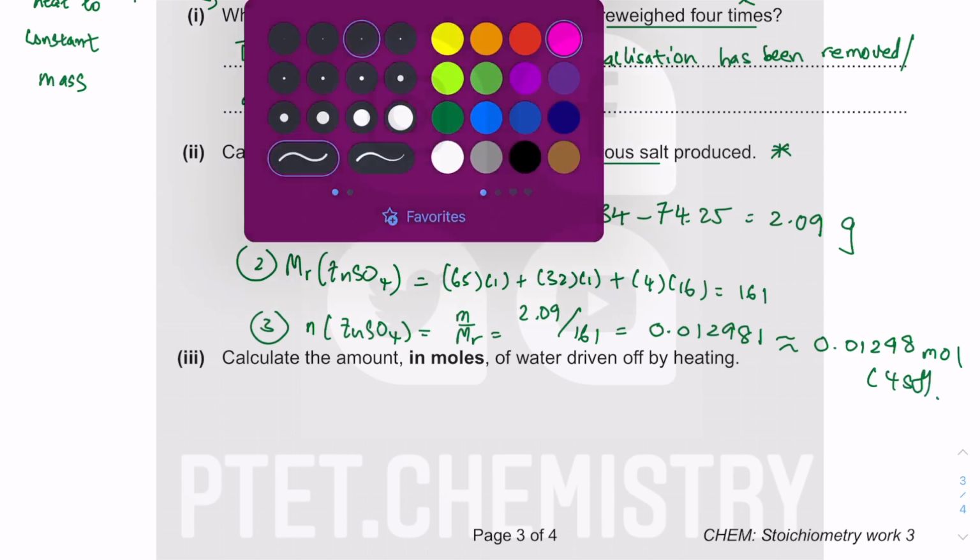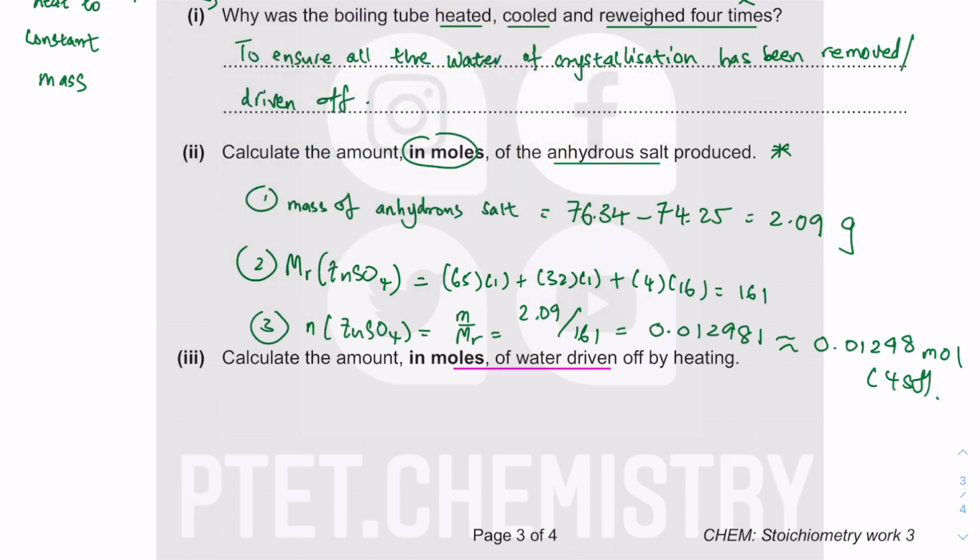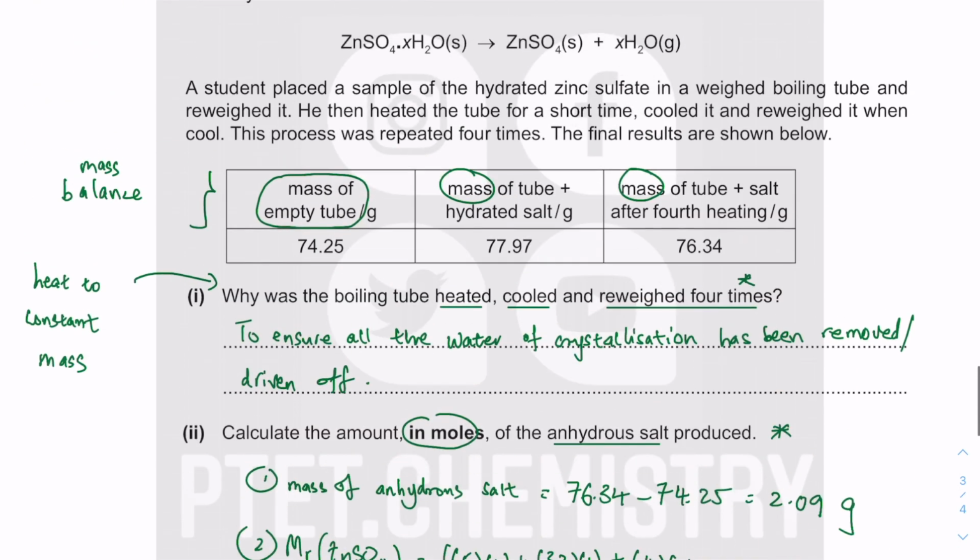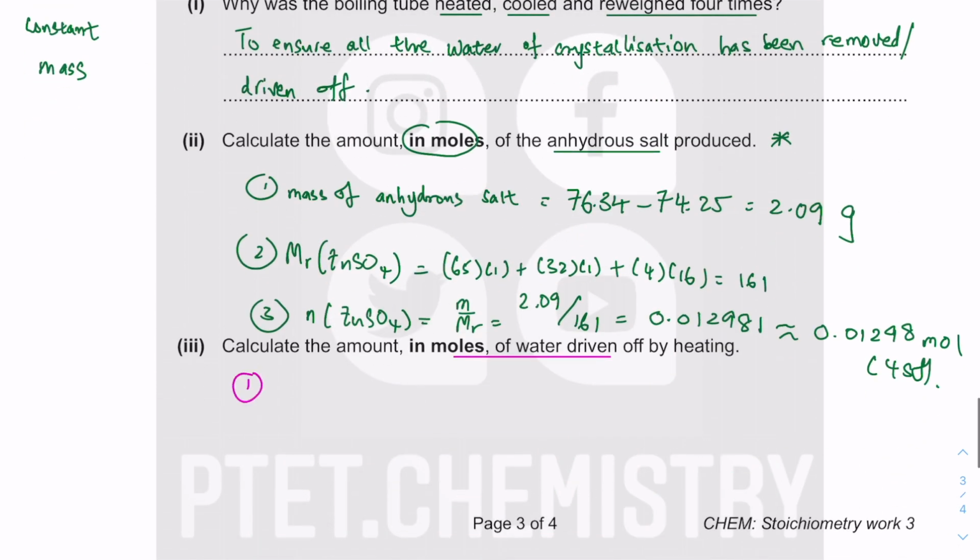Now the next one is I want the mole of water driven off. So this is anhydrous solid plus the tube. This is the tube plus the hydrated solid. When it is hydrated, it has the XH2O. When it is anhydrous, it has got no XH2O. So the difference between this and this is going to be how much water has been driven off. So 77.97, so mass of